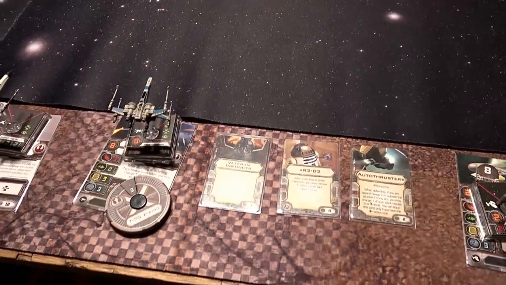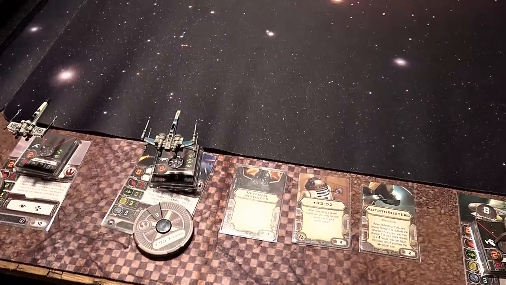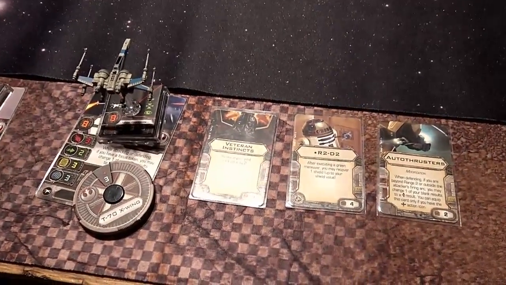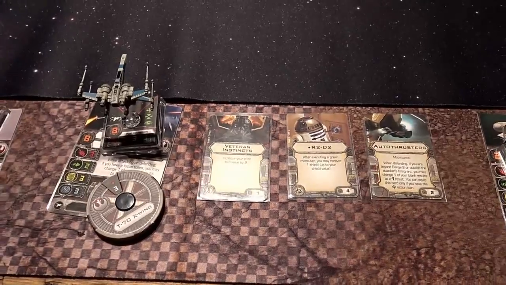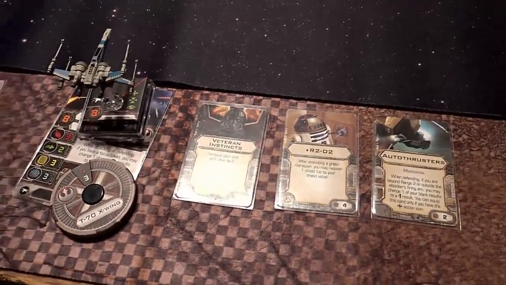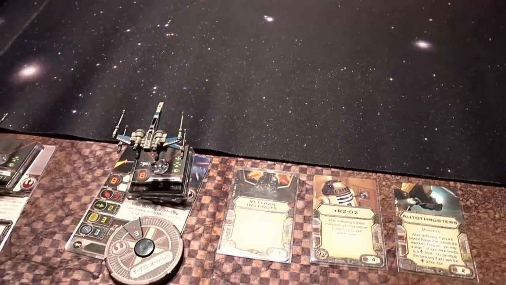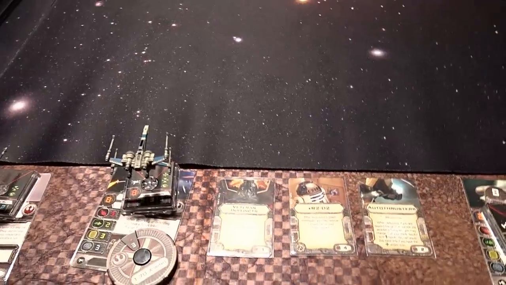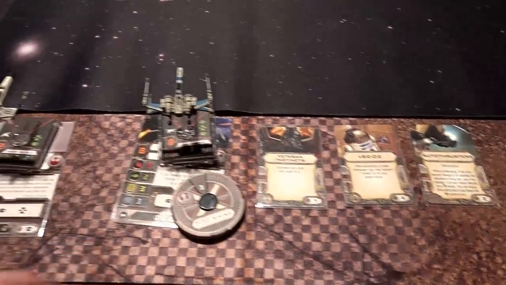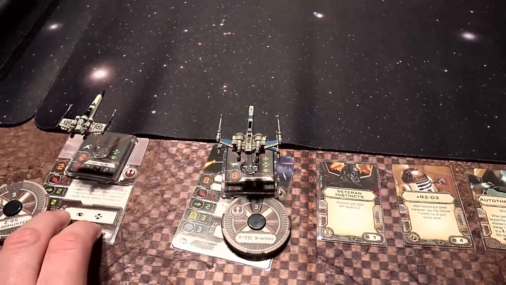We have the $40 X-Wing, the X-Wing to bring back the name to the game. That's right. Poe, with some veteran instincts to make him pilot skill 10. R2-D2, and of course, auto thrusters, because how cool is having boost on an X-Wing now? That's like the coolest thing ever. I can definitely get behind that. And he's got that cool little Talon roll, the troll roll,